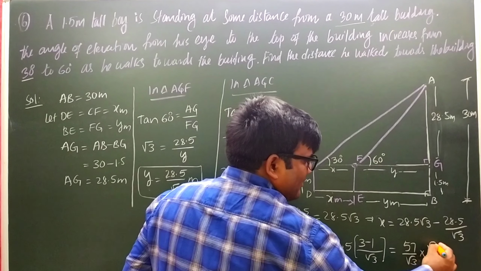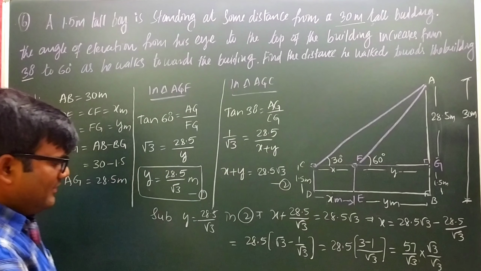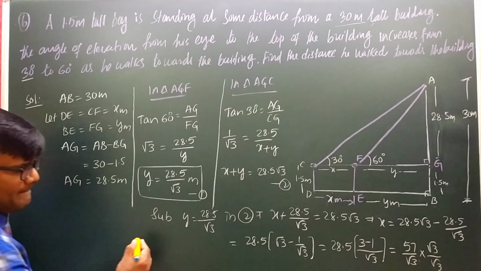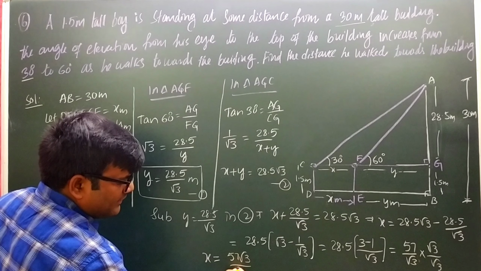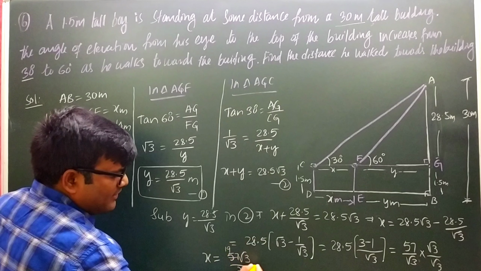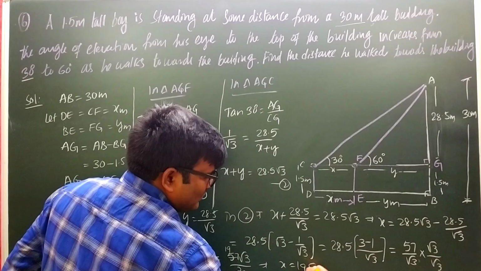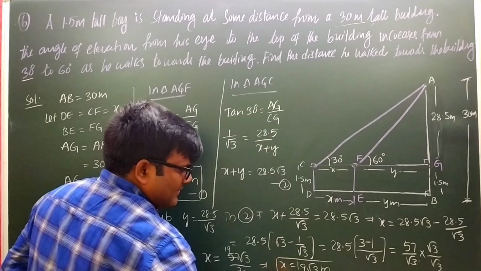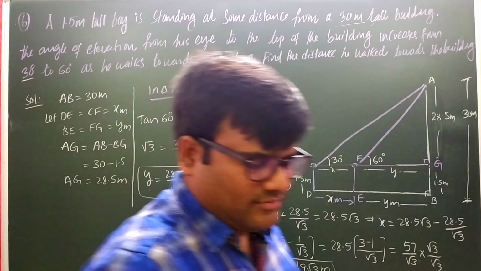So rationalize it: multiply and divide by √3. Then what will you get? x equals 57 by √3 into √3. 3 ones are 3, 19 threes are 57. Therefore x equals 19√3 meters. So the length of D is